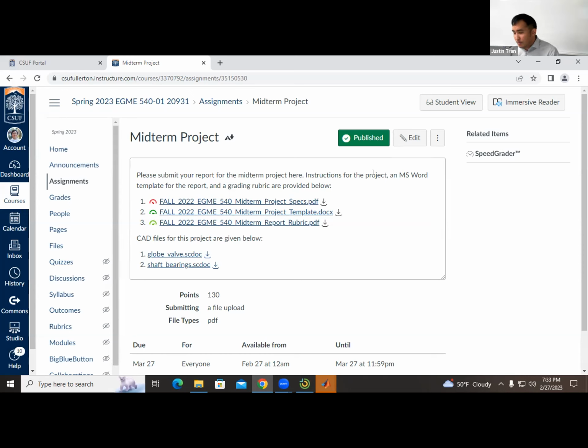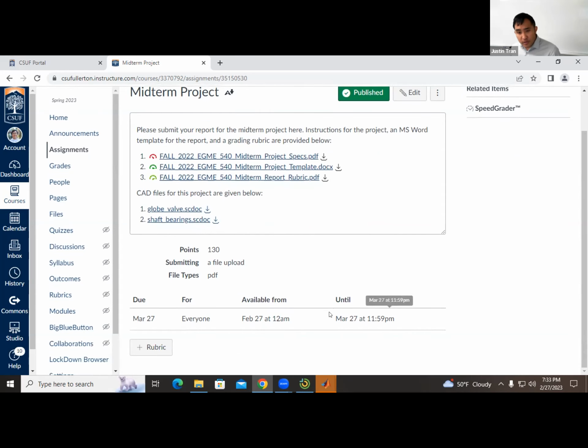And so I'm not requiring you guys to fill out a proposal or anything like that. So if you start with one and you decide you want to do the other one, that's fine. I believe a lot of people end up changing their mind too. So you're not married to a part. You can choose the other one if you want. Okay. All right. So that's the midterm project.